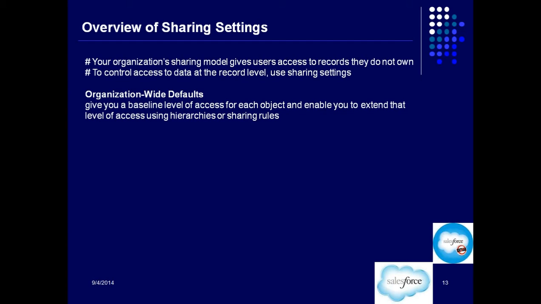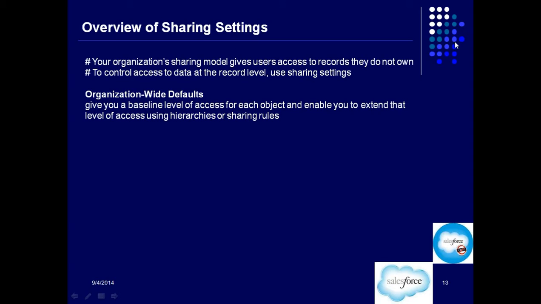Let's say our company has 500 accounts. Out of these 500 accounts, Anuj is the owner of 100 accounts, Hemant owns 100 accounts, Priyanka owns 100 accounts, I own 100 accounts, and Chetan owns 100 accounts. So we have 500 accounts and each one of us is the owner of 100 accounts.